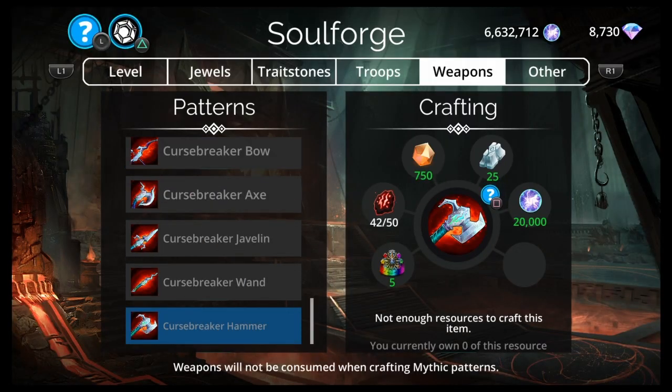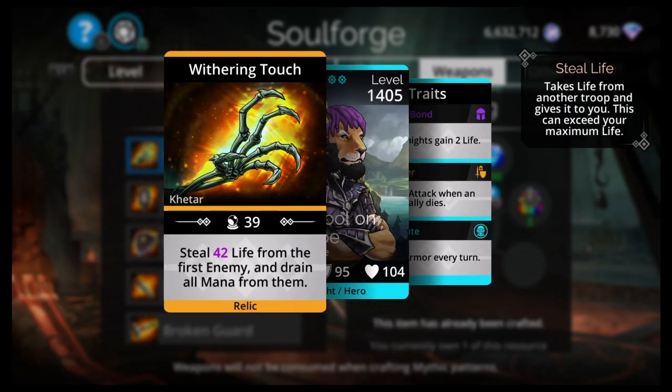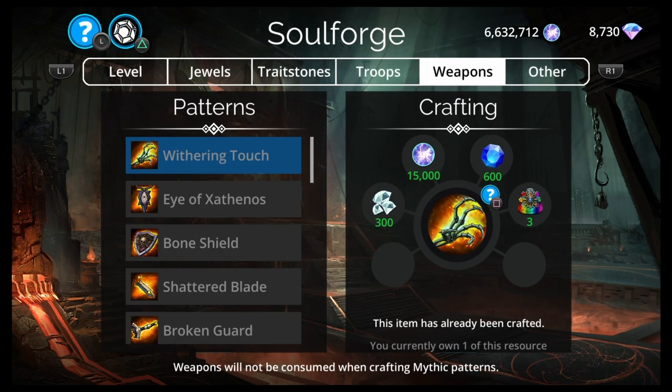Bone Shield, I'm going to use this in my World Event team, so you might want to grab it if you want to use my team. I think it's Bone Shield. Yeah, Bone Shield. Then Withering Touch is an okay weapon. If you get it early in the game, it's pretty decent. But you don't really use it later in the game, so...